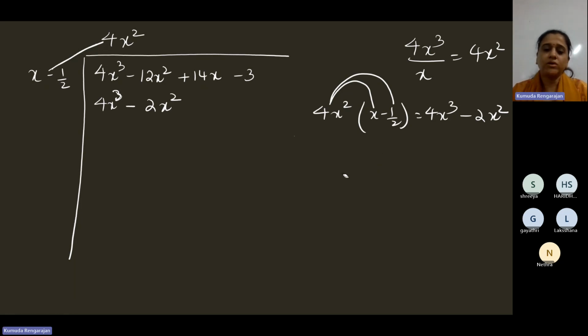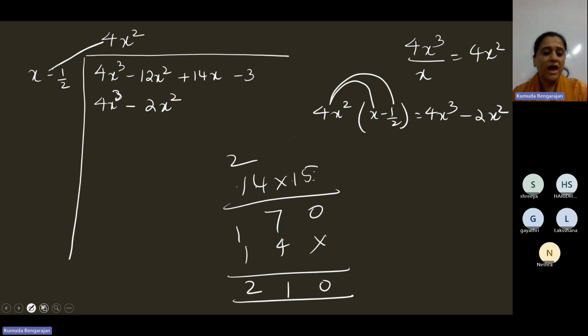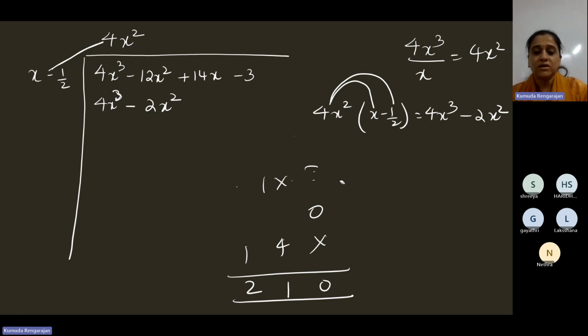Okay. Now what do we do? Subtract. In division, we always subtract. When we multiply, we add. When you multiply 14 into 15, 5 4s are 20, 2 carried over, 5 1s are 5, 7. Then you put a multiplication sign here, then 4 1s are 4, 1. Then you'll add, no? 0, 7 plus 4, 11, 1 carried over, 2. When you multiply, you add. You add the digits. Now here, when you divide,